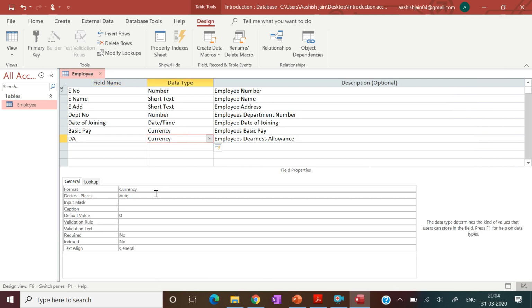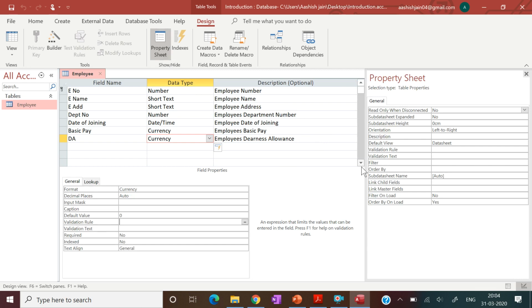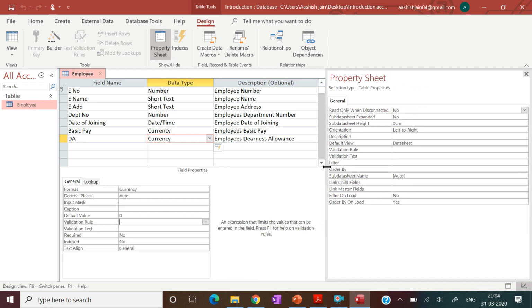How do we put it? Now you need to see this very carefully. First of all, you need to press Ctrl plus S to save, and then go to the property sheet, and then take your cursor to validation rule.